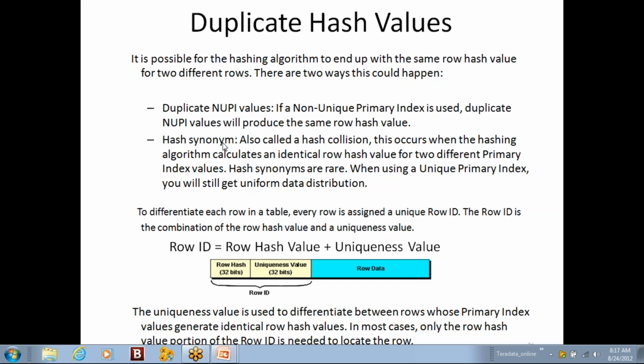Even though the primary index values are not the same, sometimes the hash values of those two records may be the same because of the limitation of the hash algorithm to generate unique values for a single table. If we consider a 32-bit AMP system, the hash algorithm can generate 4.2 billion unique hash values.